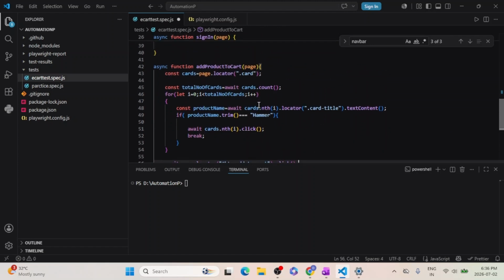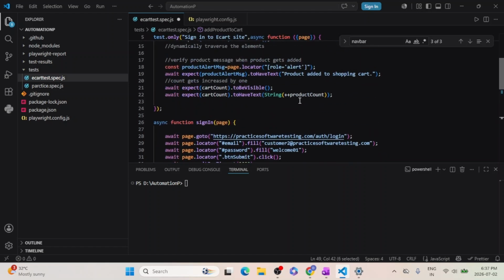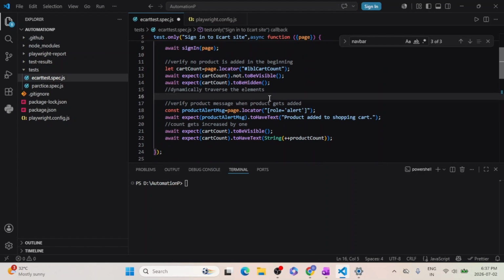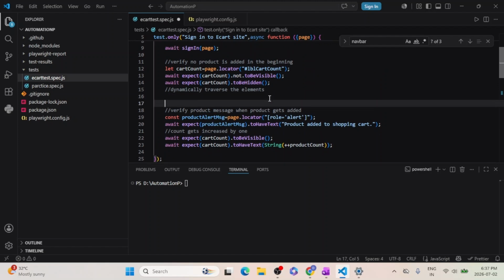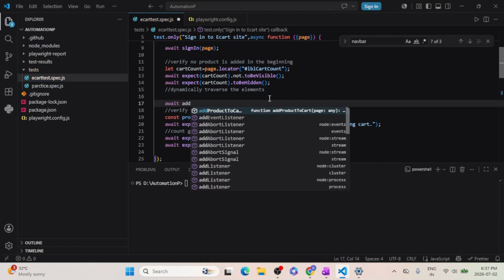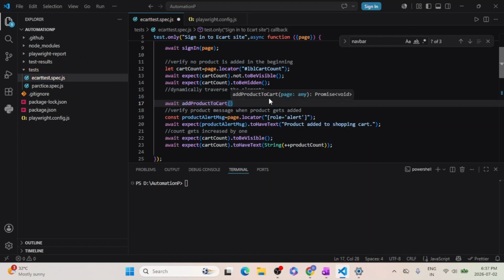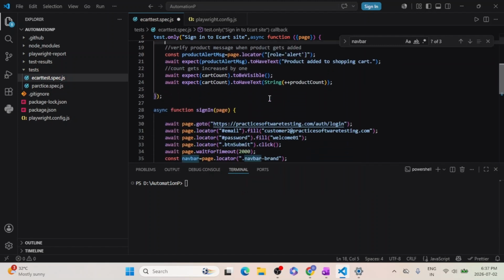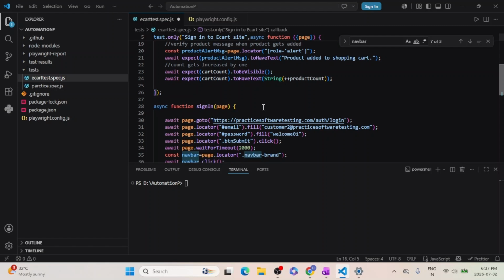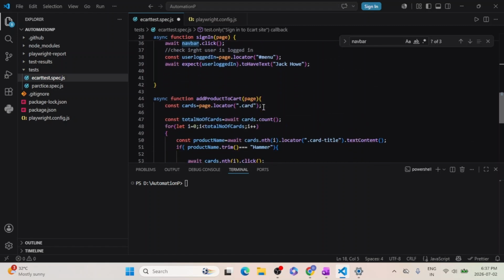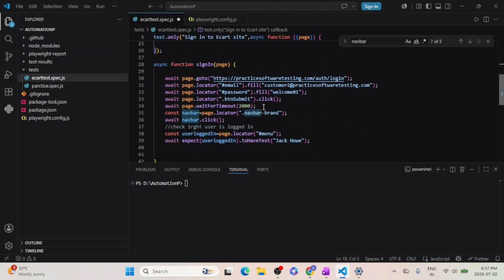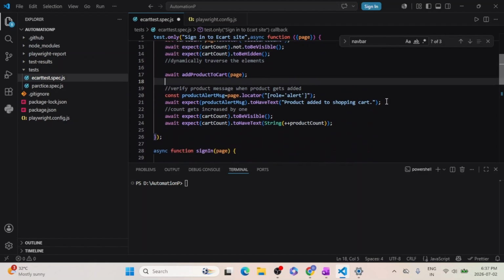So this works perfectly fine. This one I am using for the hammer. So let me simply call that method over here. So what I can do is await add product to cart, and this only needs a page fixture for now. So once the product is added, we also make sure that these messages appear over there,